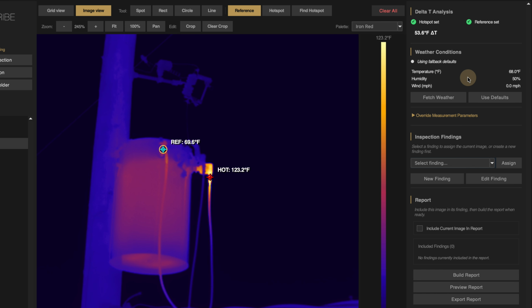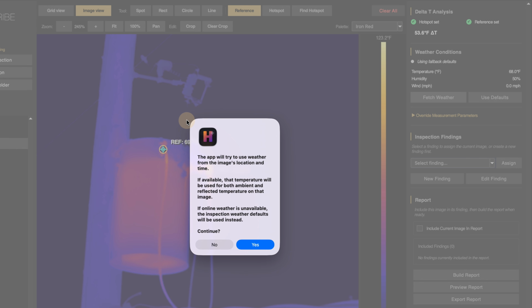Let's take a look at this now. I can hit Fetch Weather, and I get a little warning. The warning basically says that the app's going to try to fetch the weather. It needs an internet connection to do so. And if the weather fetch is successful, HeatScribe will use the fetched ambient temperature as the reflected temperature for thermal